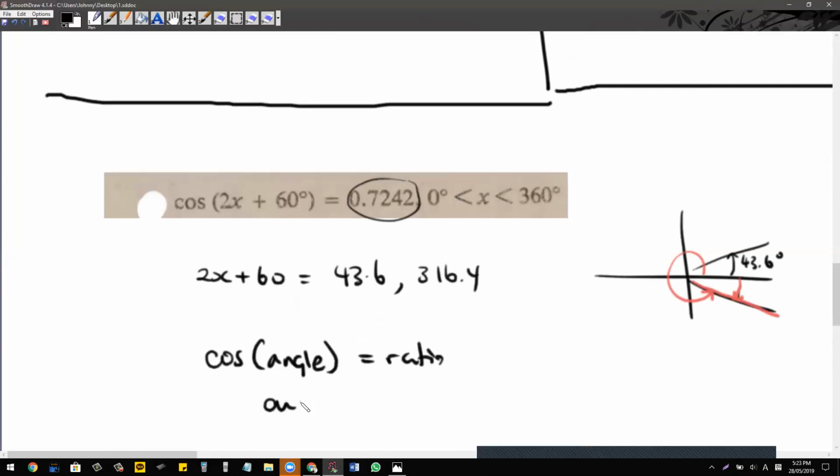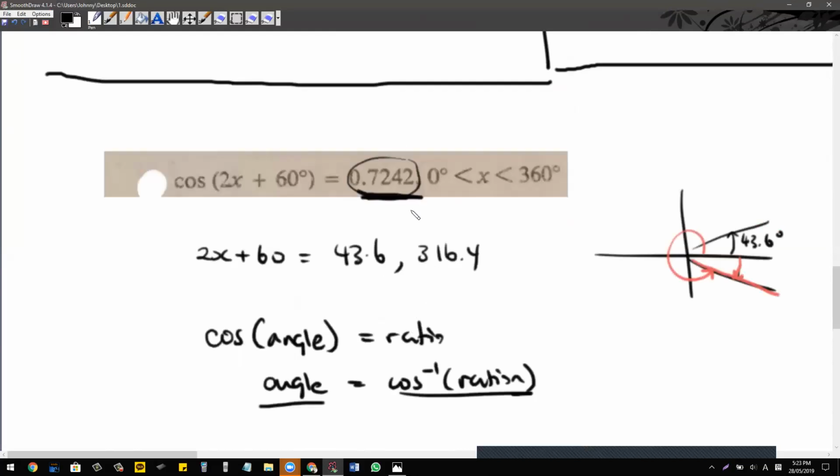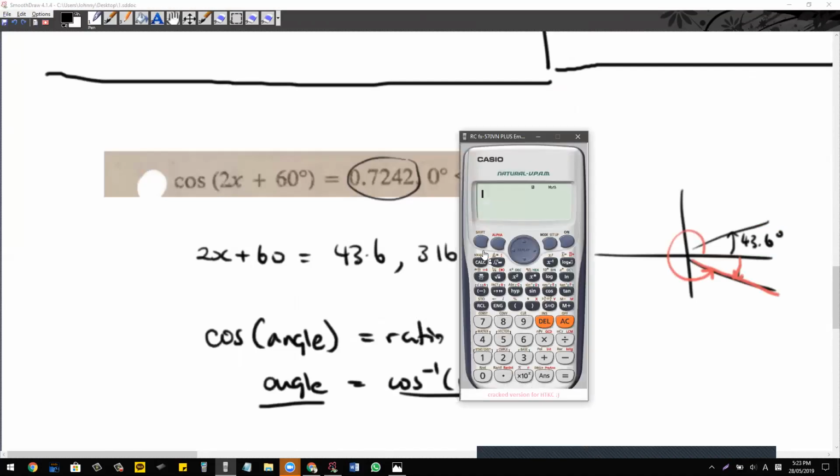And we're trying to figure out the angle by doing inverse cos of the ratio. Of course, then you get angle, right? Trying to figure out what angle gives you that ratio. Right. So what we did was we took inverse cos